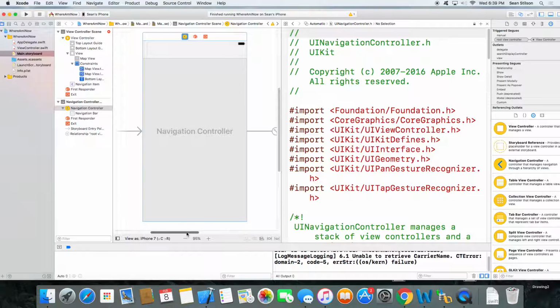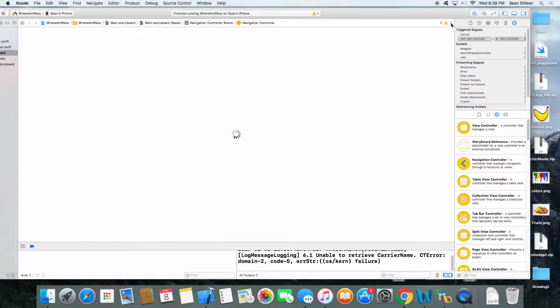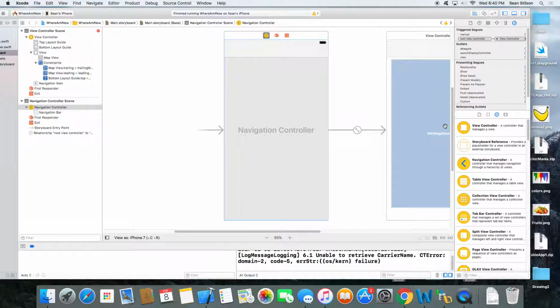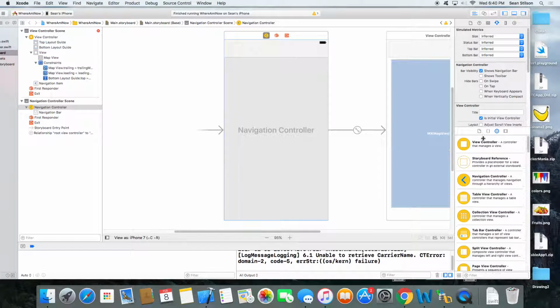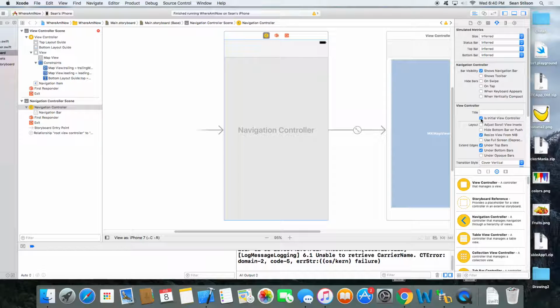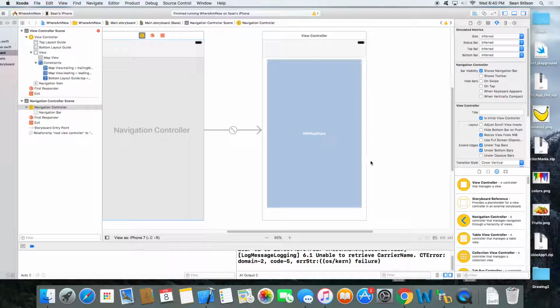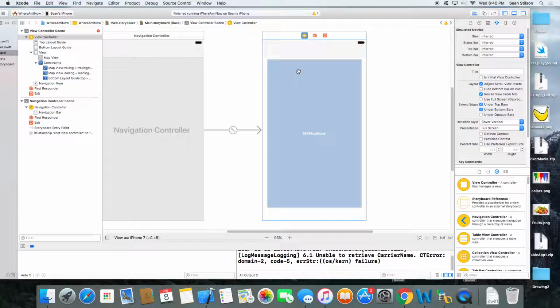All right, so make sure you select the navigation controller. Select the nav controller, and then go over to the properties, the attributes inspector, and set it as the initial, all right, it already is initial view controller, so that's good. Then in here now we can see where the navigation bar ends, so now we can add a constraint to it. So I'm going to control click from the map view